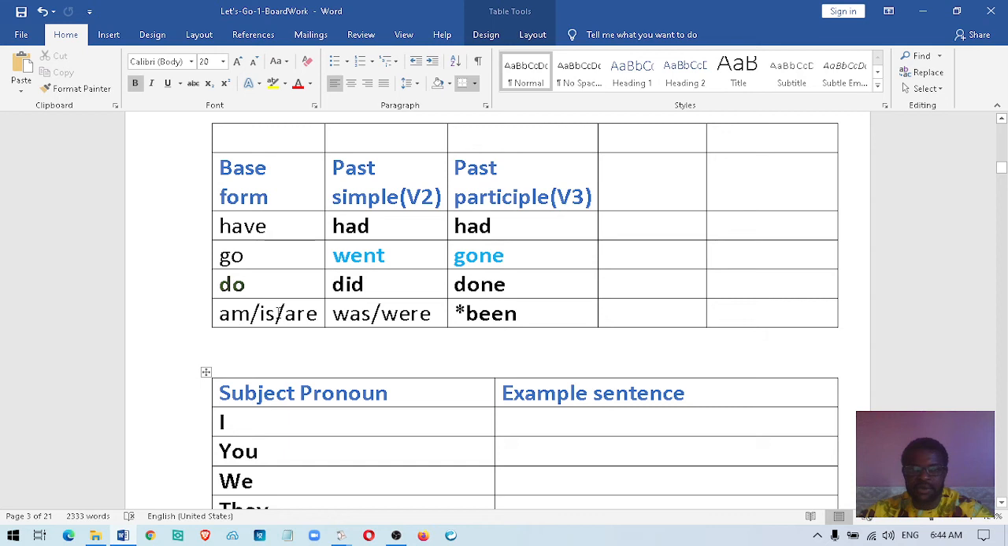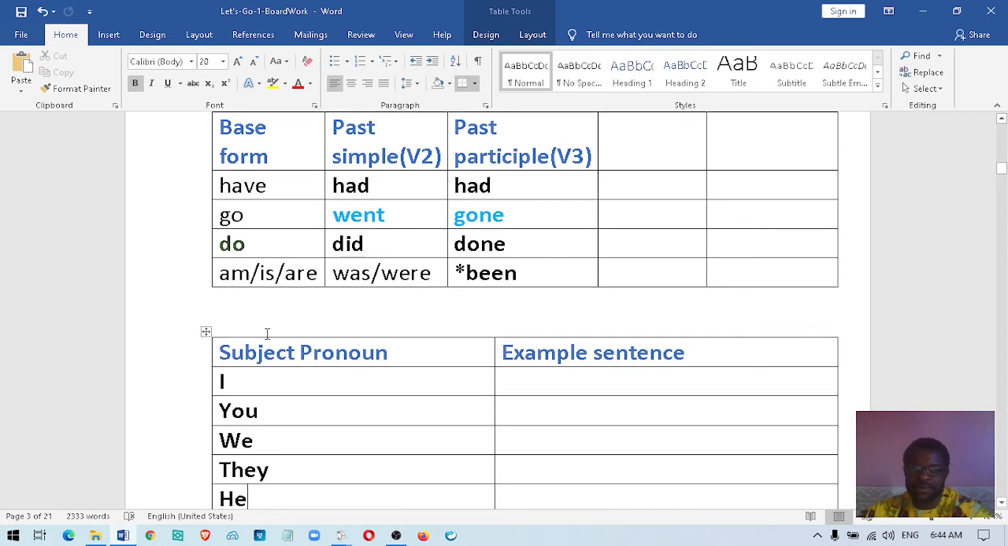You see, here we've got our verb be. It's what we call verb be. And verb be, the base form has am, is, are. That's the base form for verb be. So what happens in the past simple for verb be? Was and were. And the past participle for verb be is what? Been. Okay? So for example, here we have our I,